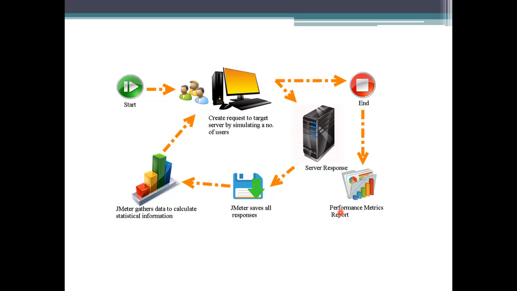The performance of the system will be read, and we will stop the processing. After that, we will have this metrics report. Metrics report means we need not consider all these things here. For example, as I said, on this website we are using many components, but we need to concentrate only on the key components.